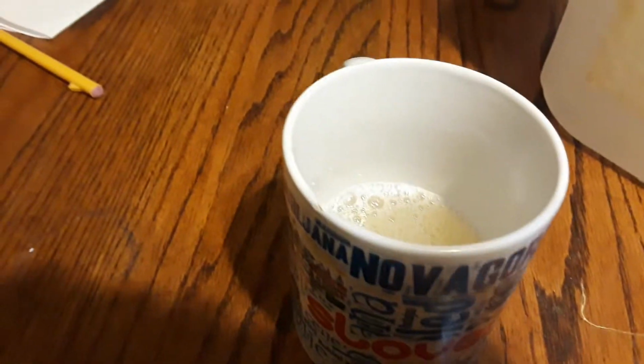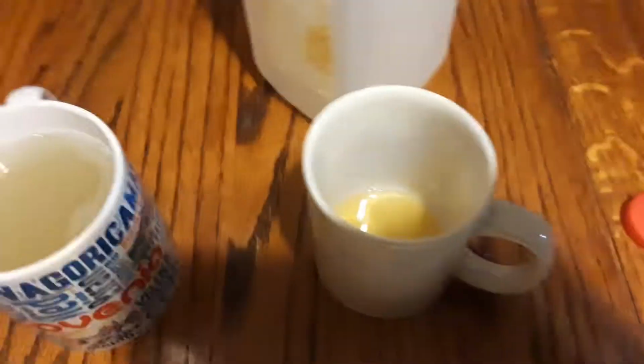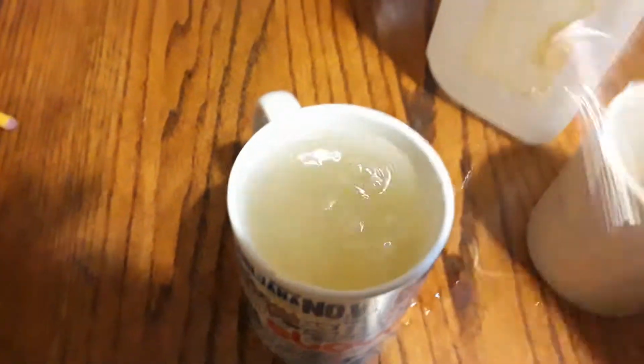When you're making tea on the fly, all you need to do is use this concentrate. If there were more in, by the way, I would have shaken it up, but we're getting all of it. I have this filled only about 1/4 of the way full, again because it's concentrated. Fill the rest of it up with water that you've already heated up. Usually takes a minute or two in the microwave to get that. This, you'll see, I still have that honey in it, but normally, there we go, and stir, there we go,